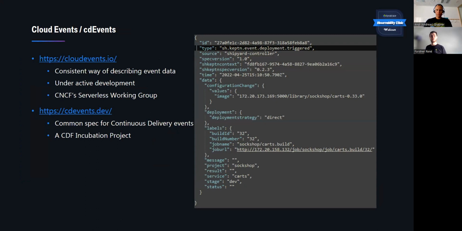I've mentioned it earlier, there's one thing which is quite interesting here, how this is all working. It's basically based on cloud events or cdEvents. This is a quite new approach of a consistent way to describe event data. So there is the cloud event stuff, and then there's cdEvents based on the cloud events, where we just have